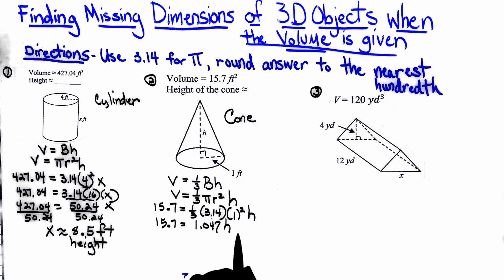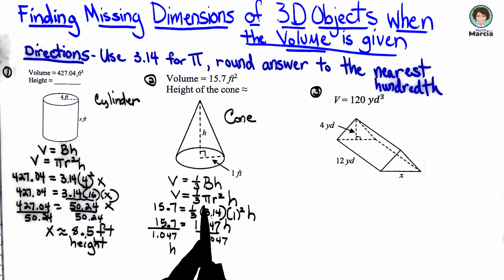And now there's my height that we're looking for. We're going to divide both sides by 1.047 because that will give us the height of the cone. So the height of the cone, and remember, it was approximate because pi's approximate, 1/3 we rounded. So the height is approximately,